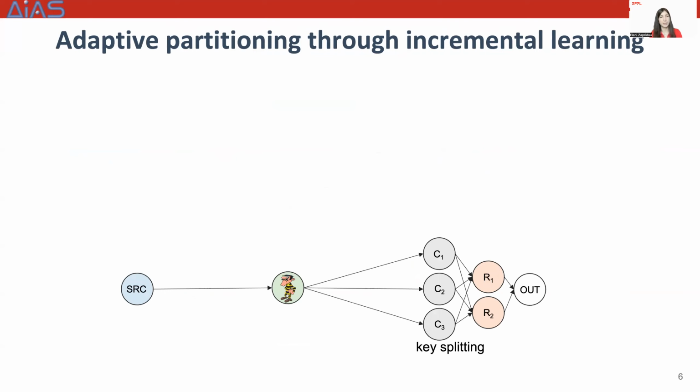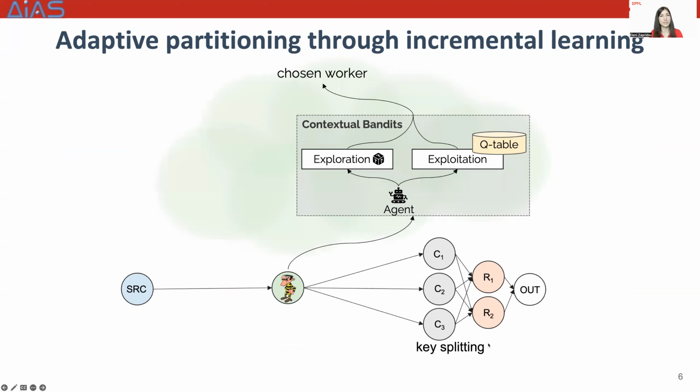Dalton relies on key splitting, so its goal is to balance the load at the stage of the combiners and minimize the cost of the reduce phase. And how it does that is that for every tuple that enters the system, Dalton would forward it to a contextual bandits agent. And then the agent decides between performing exploitation or exploration. When the agent performs exploitation, it basically makes a decision based on past experiences. Concretely,